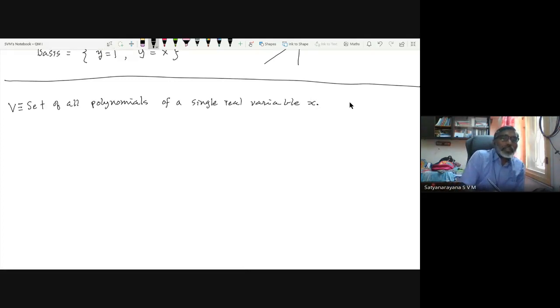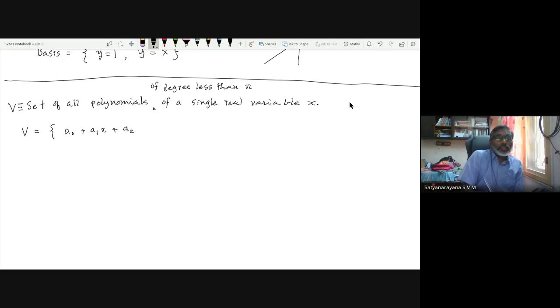Or maybe polynomials of degree less than n, let's say. Then you are going to have your V defined as a set of a0 plus a1x